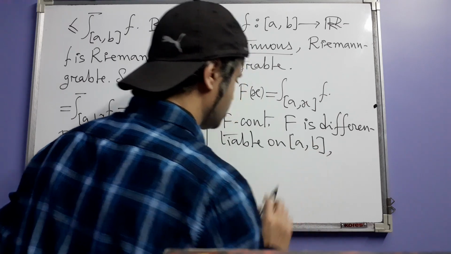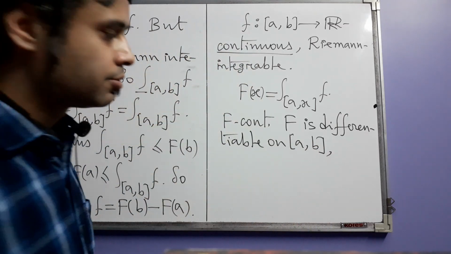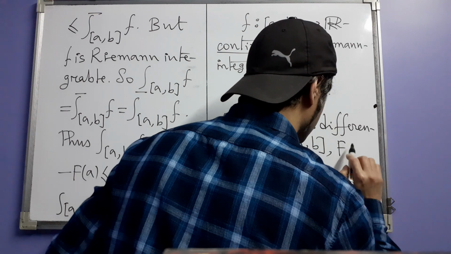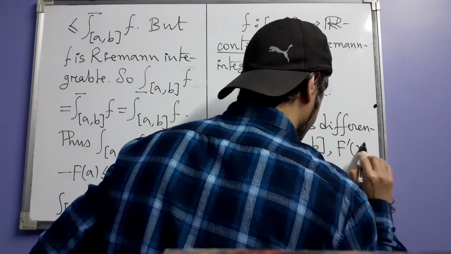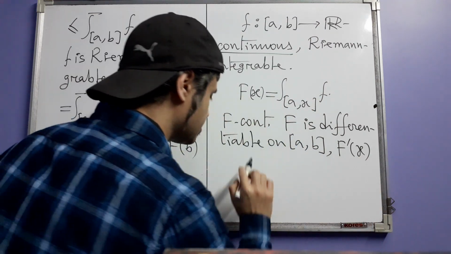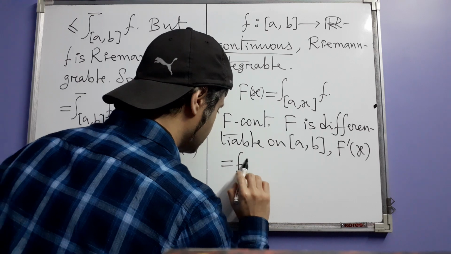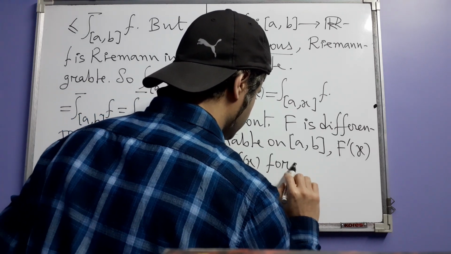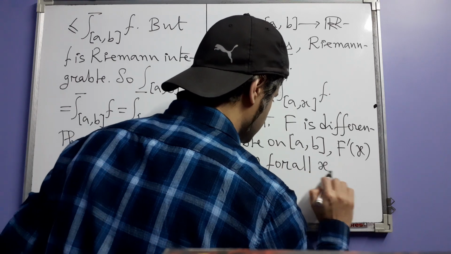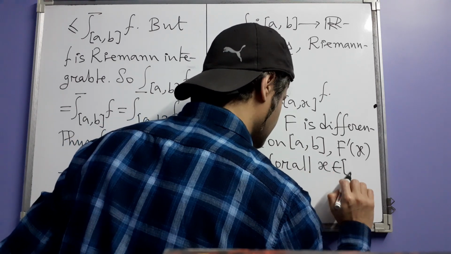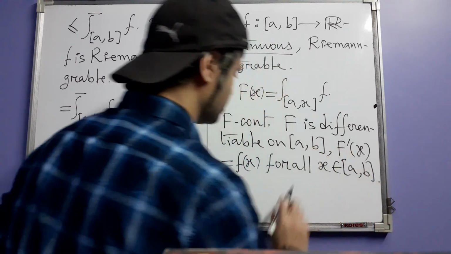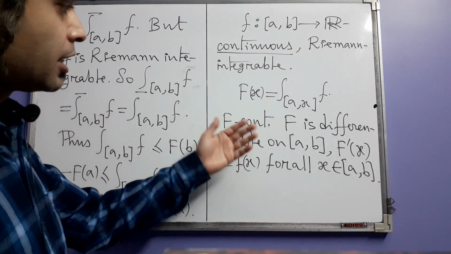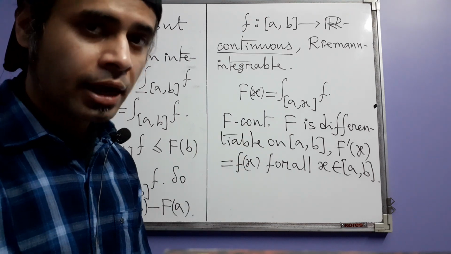And additionally, what is true? Namely, that the derivative of capital F at x is equal to the value of small f at x for all x where small f is continuous. That means now it's for all x in this interval. But then what is capital F? Capital F is then an antiderivative